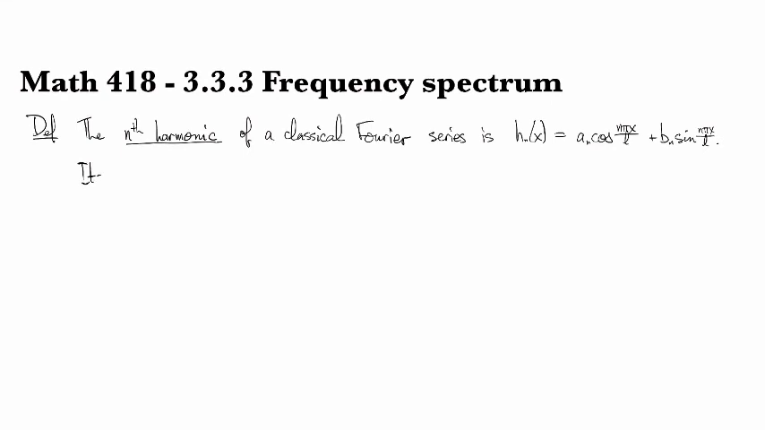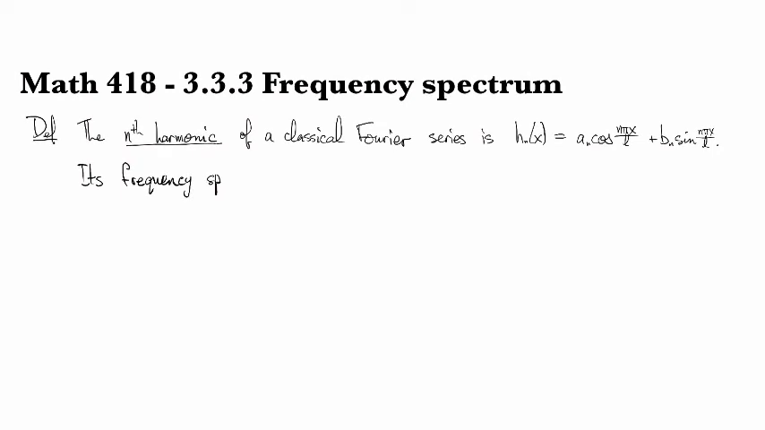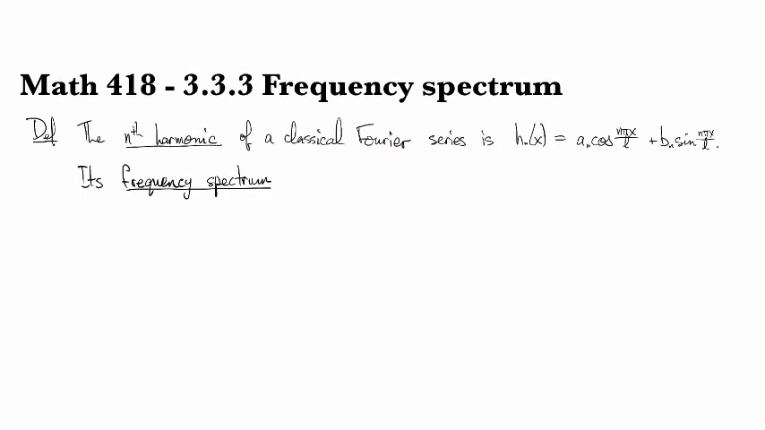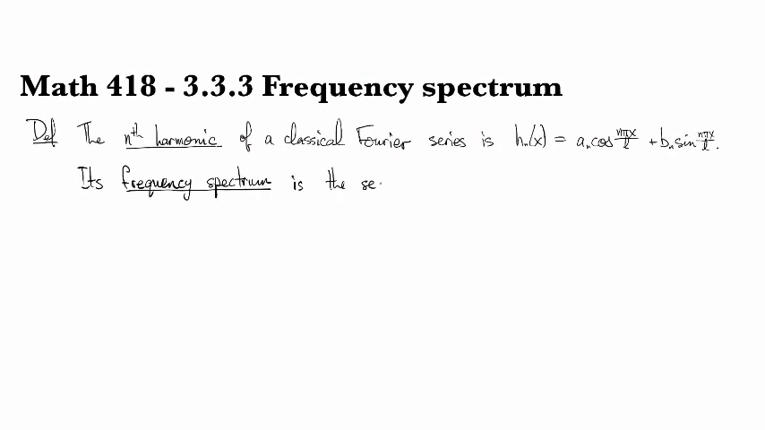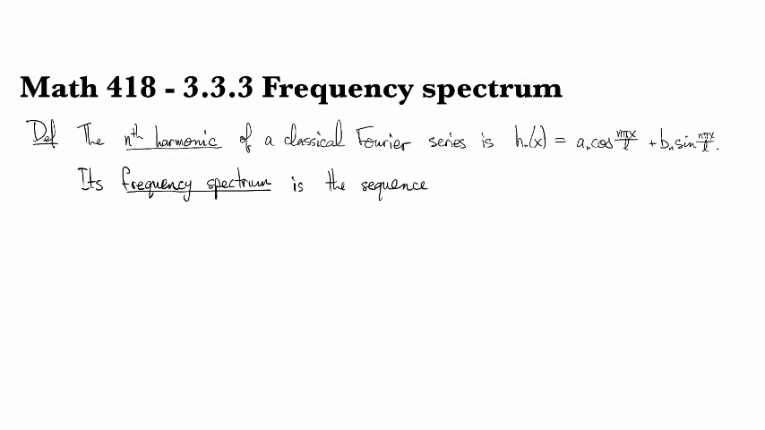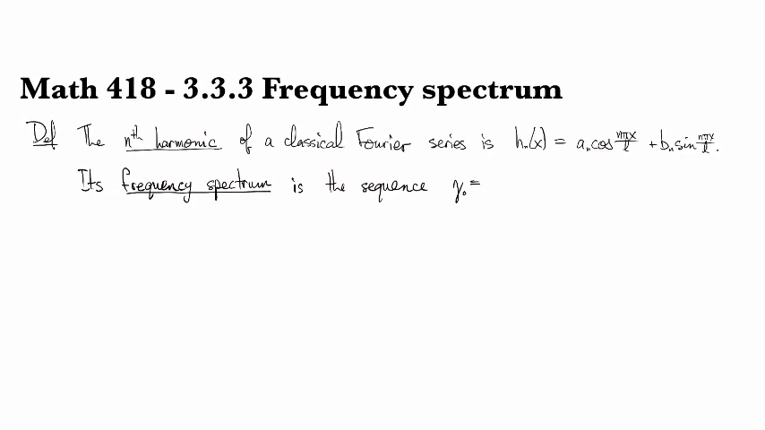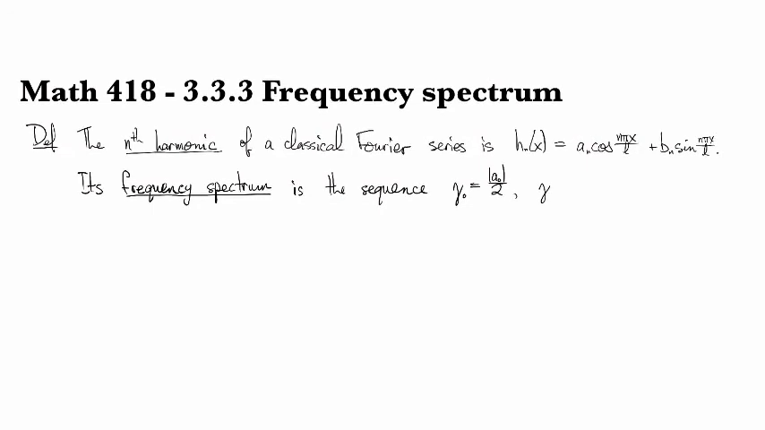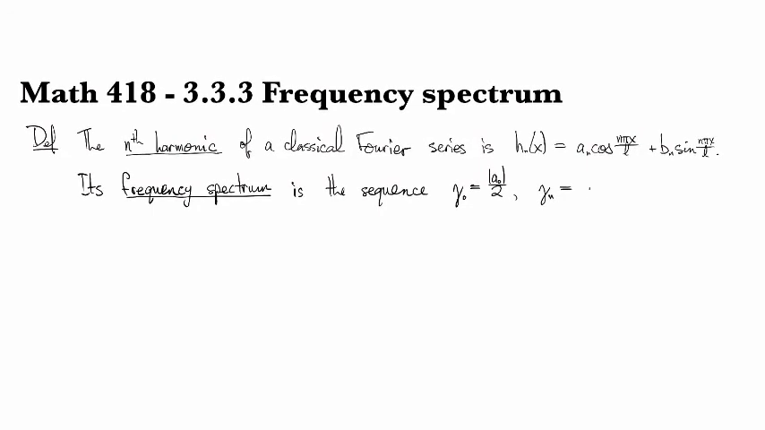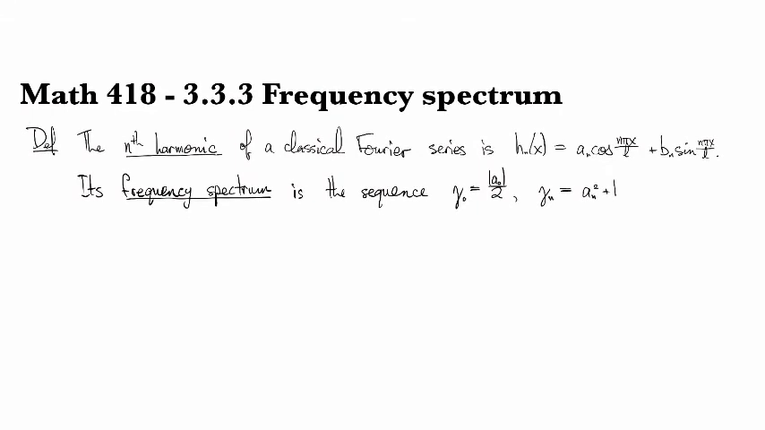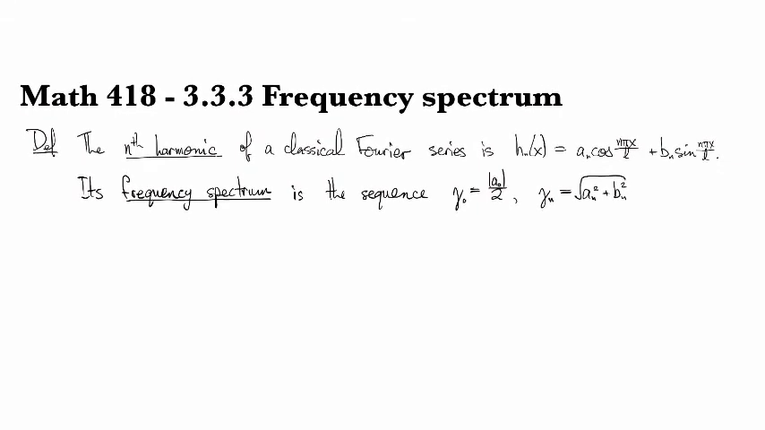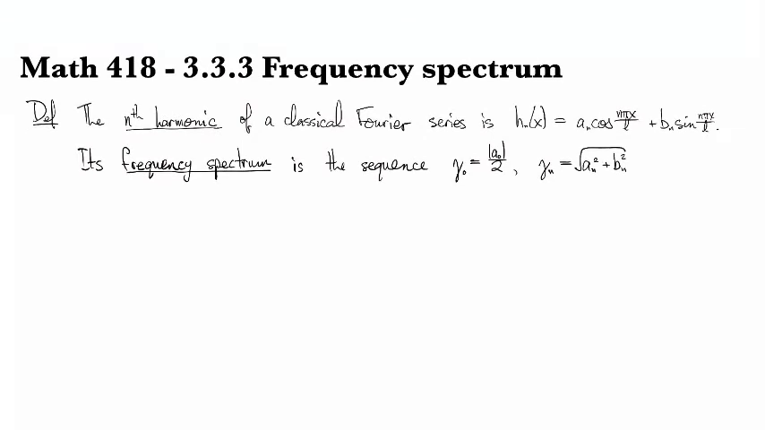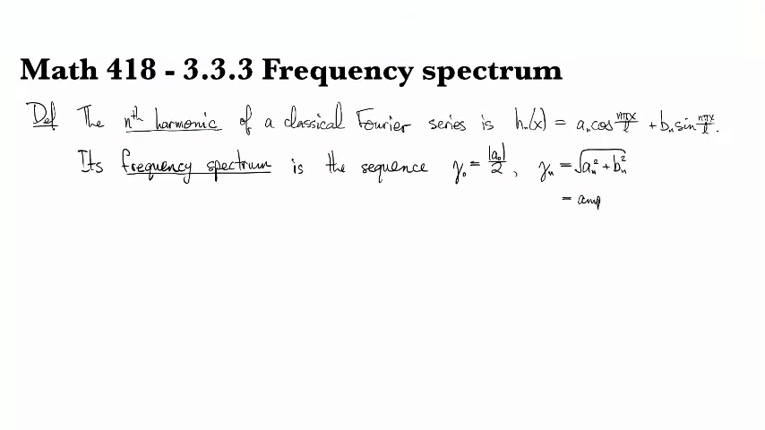So the frequency spectrum of a Fourier series, classical Fourier series, is the sequence of gammas, where gamma 0 is a0 over 2, and for the other values of gamma, it's given by the square root of an squared plus bn squared. And so this is exactly the amplitude